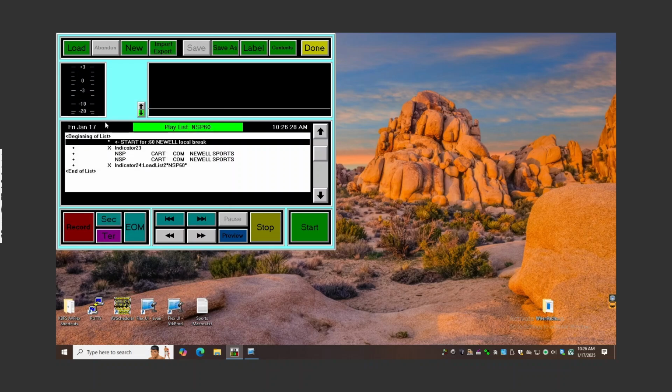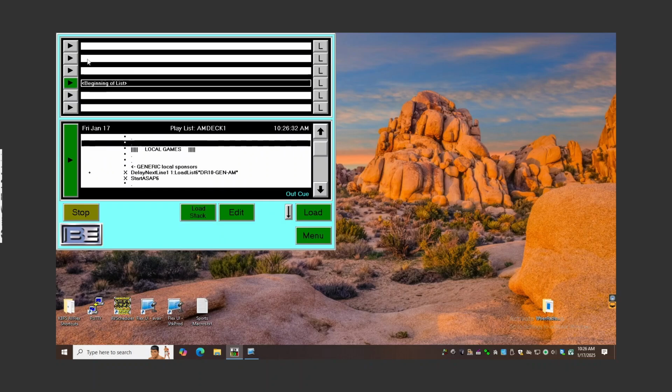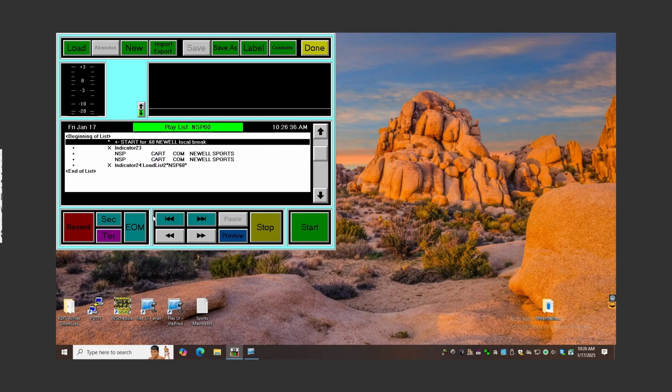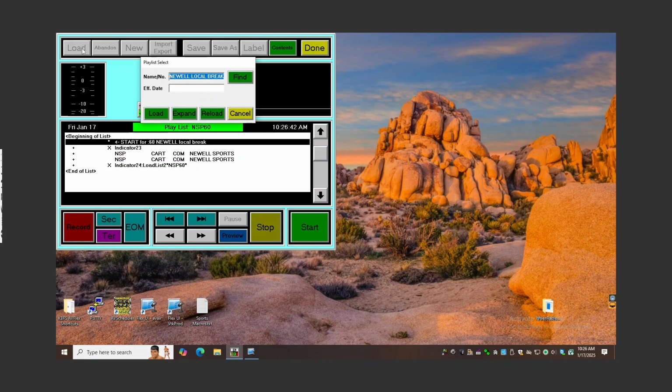Okay, so now we have all of the commands that go into these upper decks for your 30-second, 60, your 2 minute, and your 4 minute breaks. Those are now in there. We have to now create a command that's going to load those in there, and that is our DR10. And we can just go ahead and load